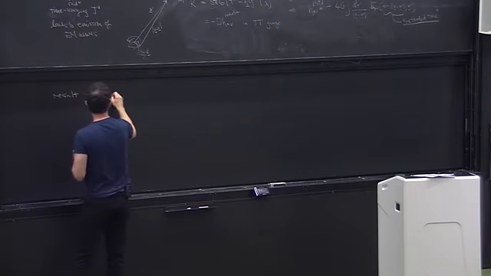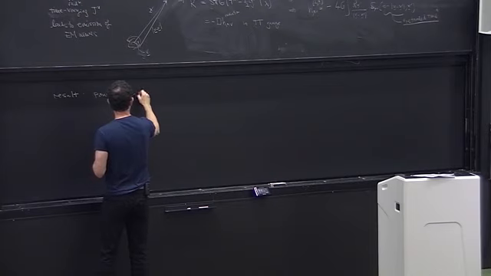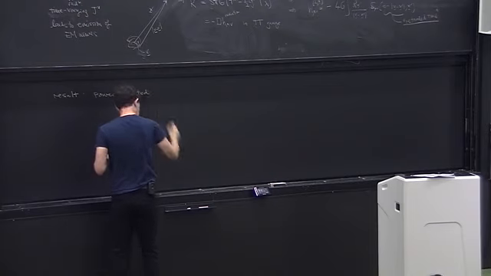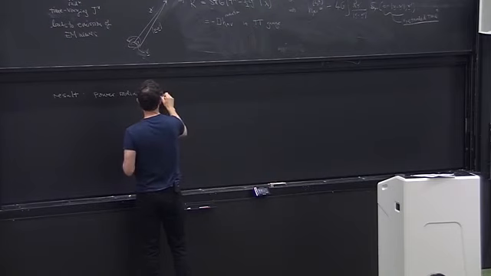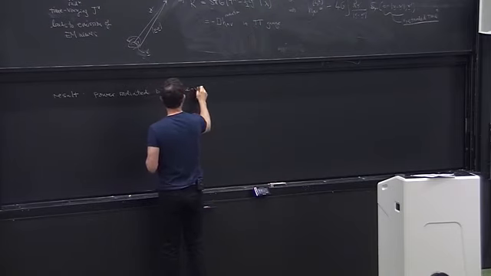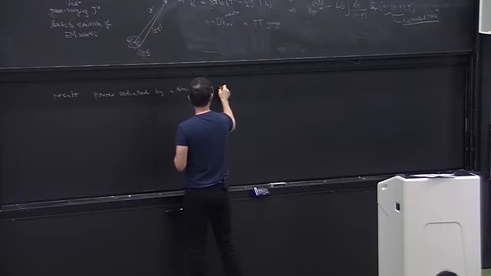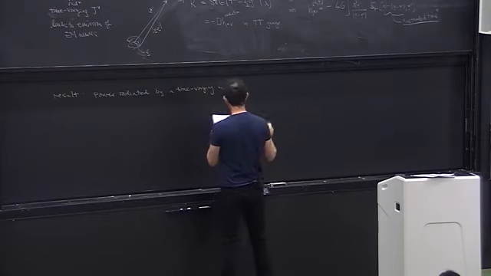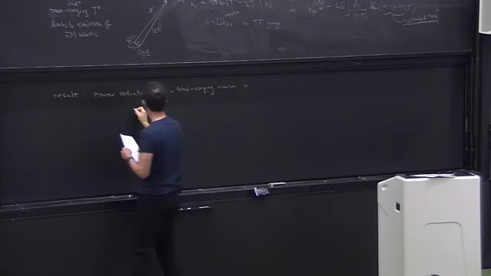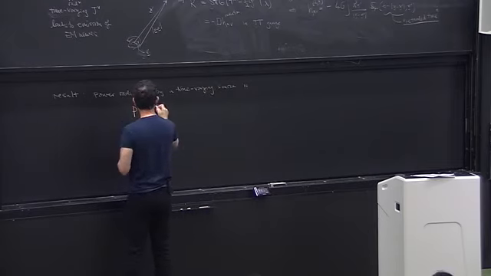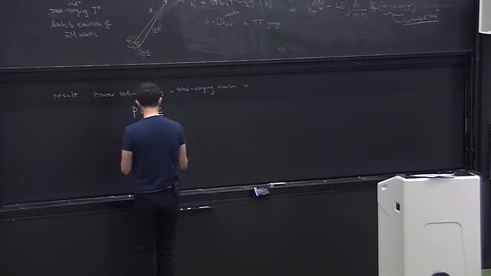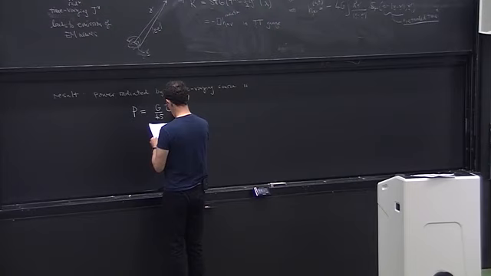The power radiated by a time varying source is, so that power is energy per unit time, is Newton's constant over 45 times Q KL with 3 dots, Q KL with 3 dots, over c to the 5th,